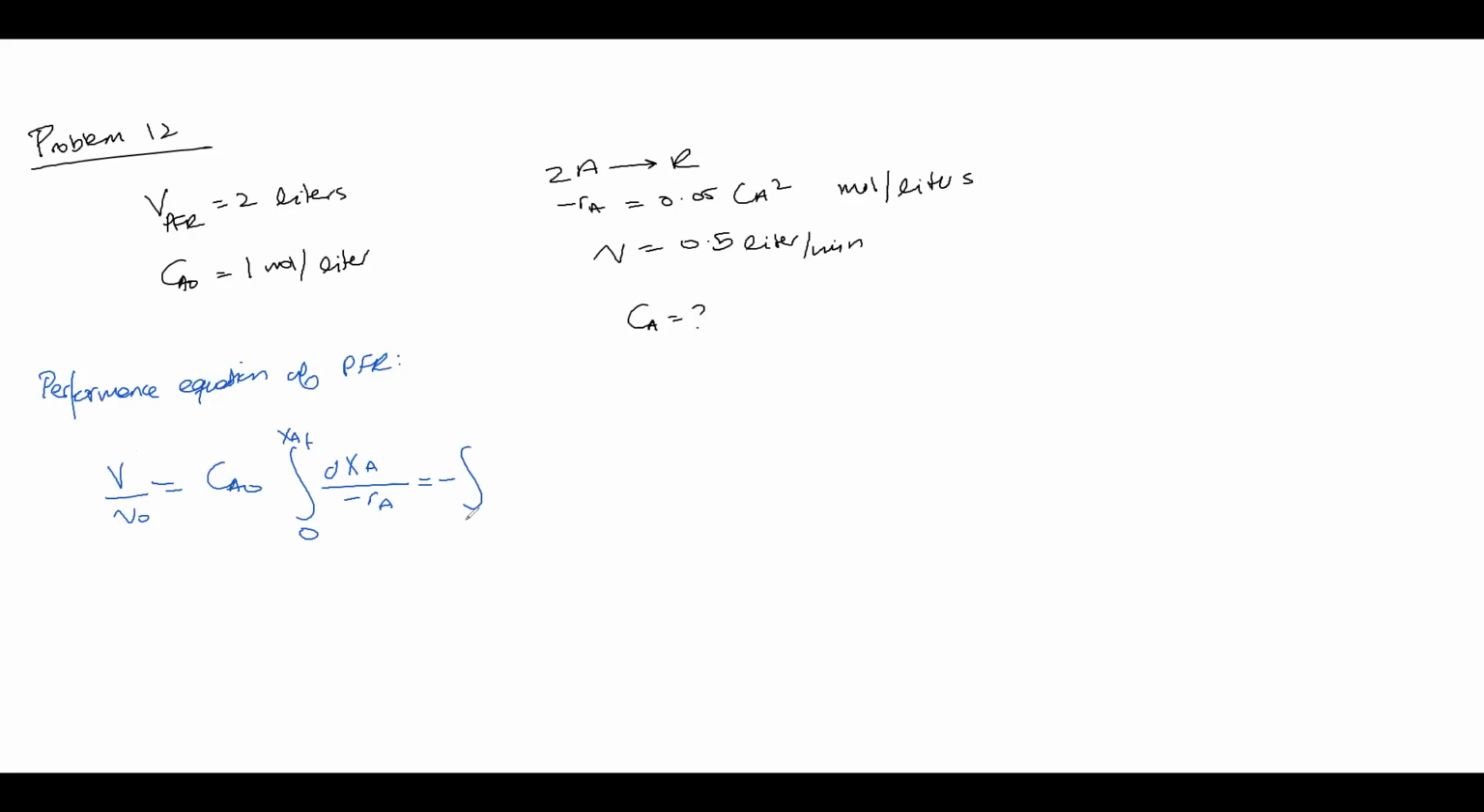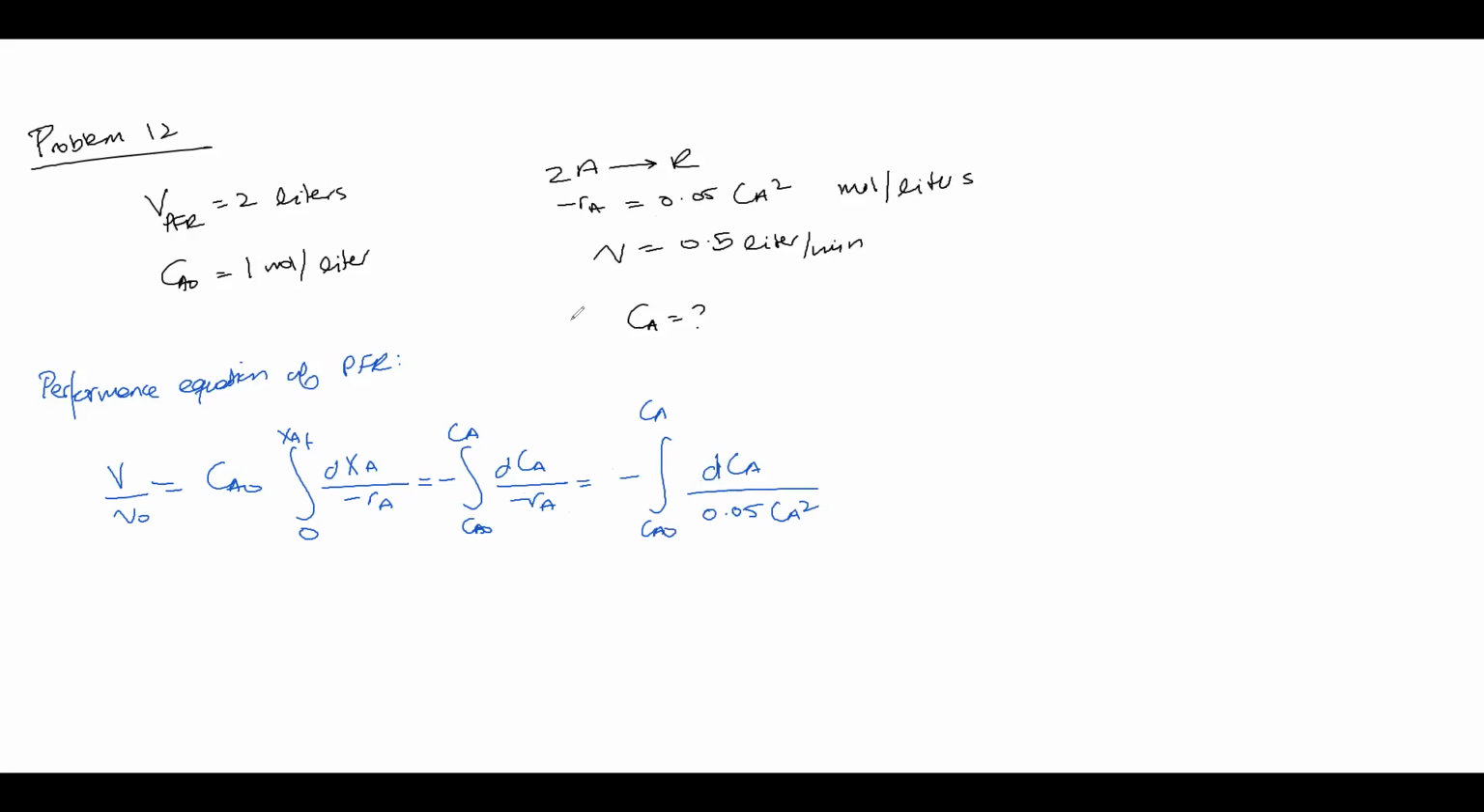Otherwise, if you're flexible, you can always pick the more appropriate one, the one which is going to reduce the chance of errors when solving these problems. Minus integral from Ca naught to Ca of dCa over minus Ra. So I'm going to use the second expression, and again I have an expression for minus Ra, which is 0.05 Ca squared, so this will be minus integral from Ca naught to Ca of dCa over 0.05 Ca squared,